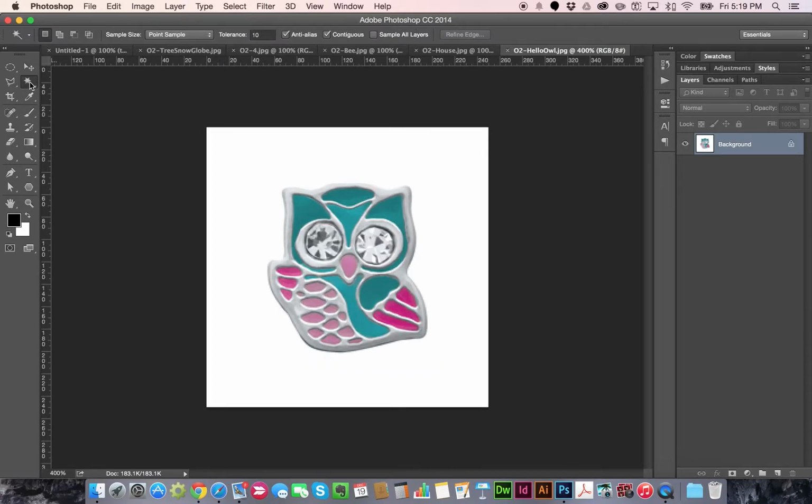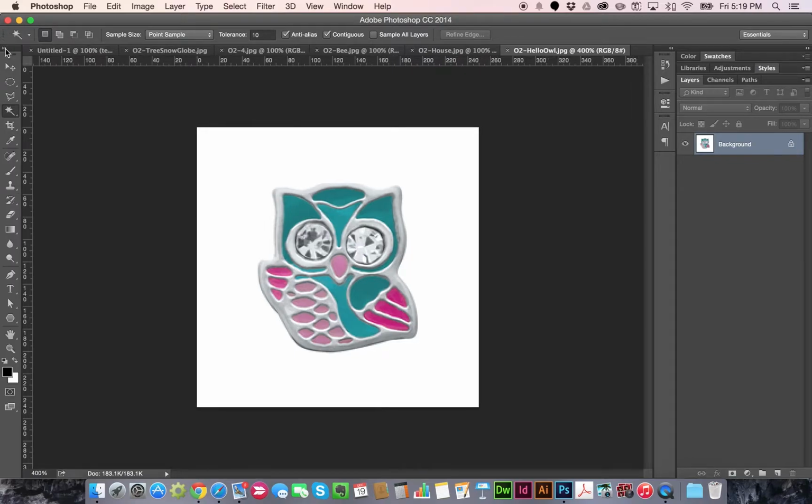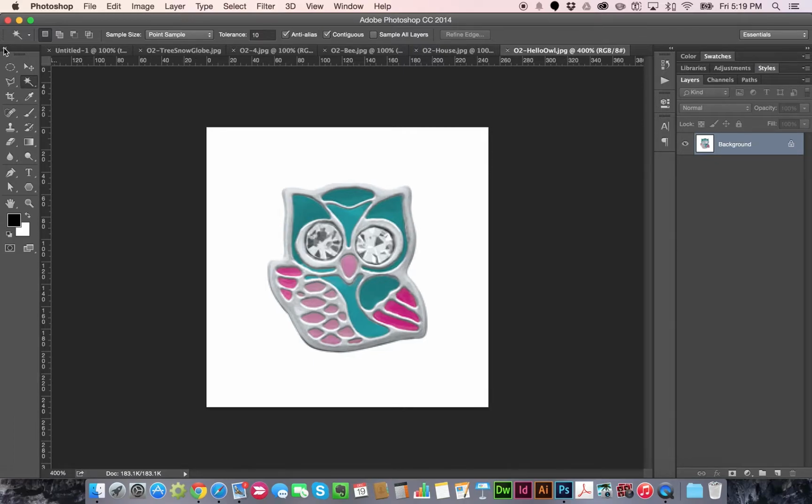I'm going to use my magic wand tool. If you're looking at your toolbar and it's a big long bar, I suggest hitting this little 2 arrows thing so that it makes it shorter, because I'd rather have all my tools up in the top left than going all the way down the left side, so that I'm always just going up to the left to grab a tool. Anywho,